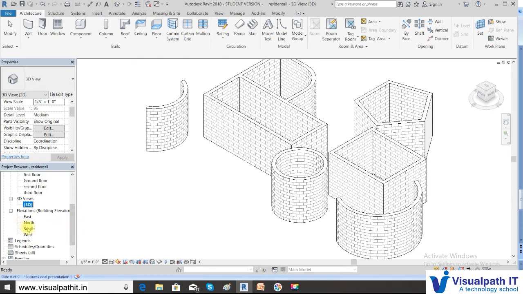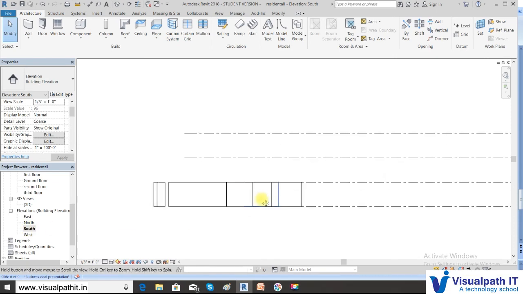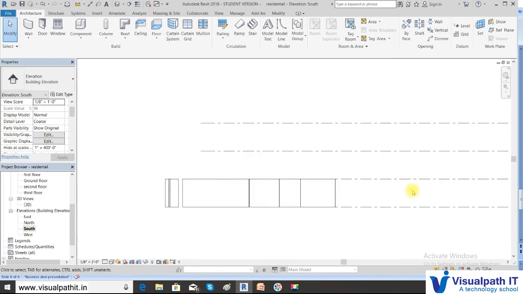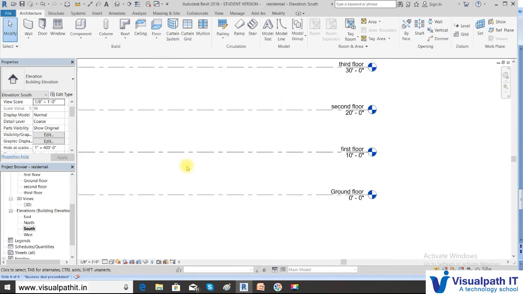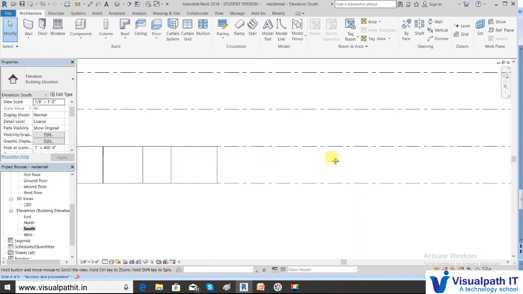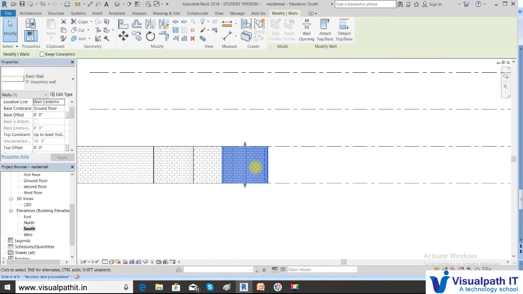Now since we have already set the floor levels, we go to the south view, double click the south view, and find that the walls have been generated up to the first floor. It's 10 foot since we have set it. You can dynamically edit it by selecting this. You can pull this arrow and drag it, which goes to 20 foot.